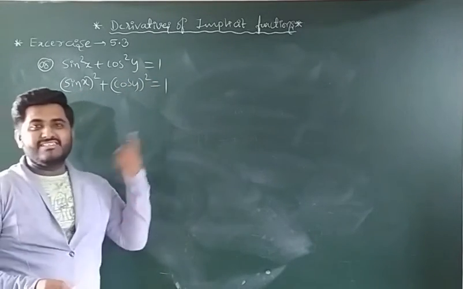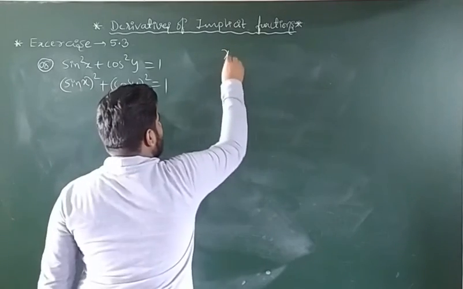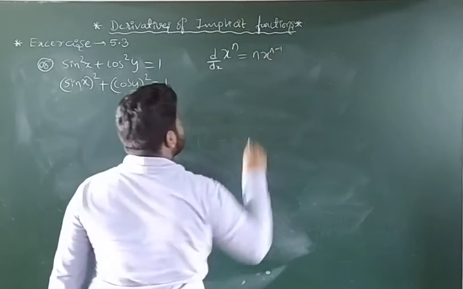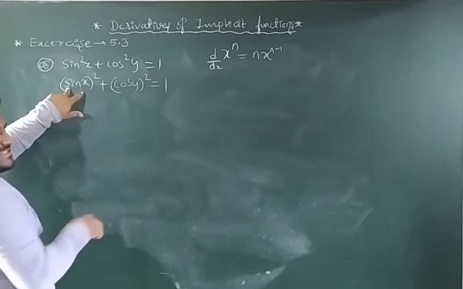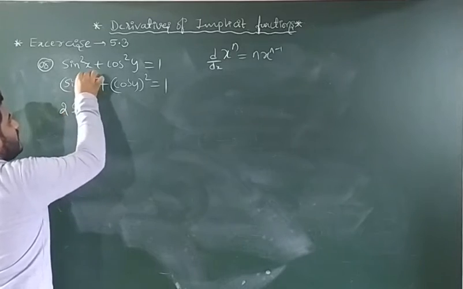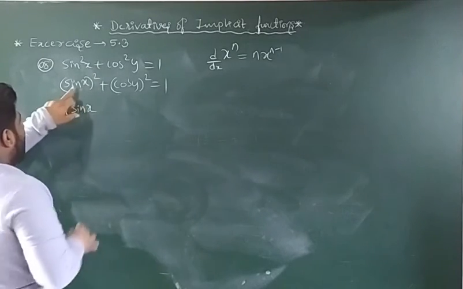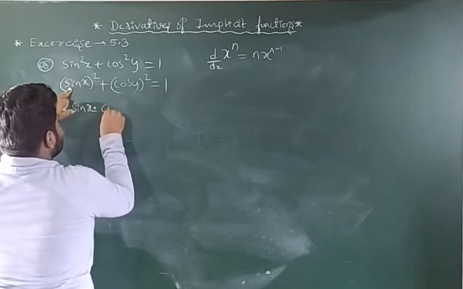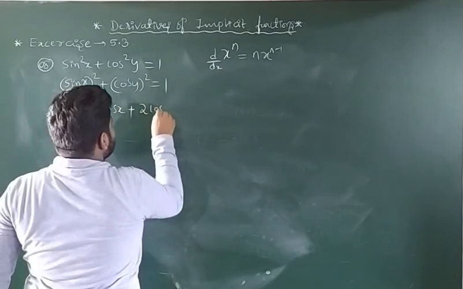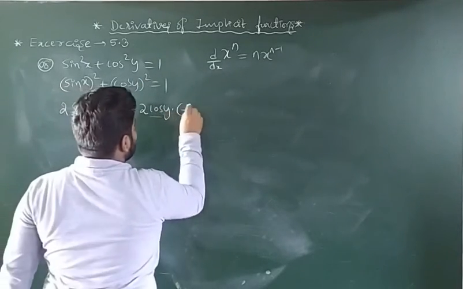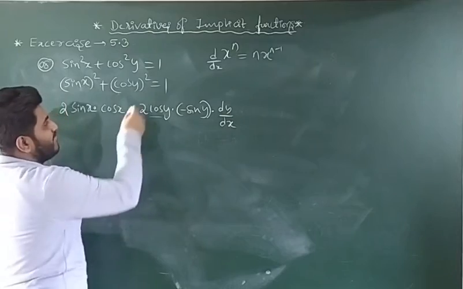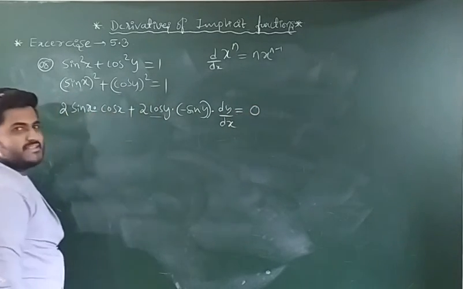Now again same thing, x raised to n formula. Derivative of x raised to n is nothing but n into x raised to n minus 1. So treat this sin x as an x. So 2 sin x into 2 minus 1 is 1. Again we should write the derivative of sin x, which is cos x. Next again here 2 cos y into derivative of cos y is minus sin y into derivative of y is dy by dx. So chain rule we are applying. Here 1 is there, derivative of constant is 0.